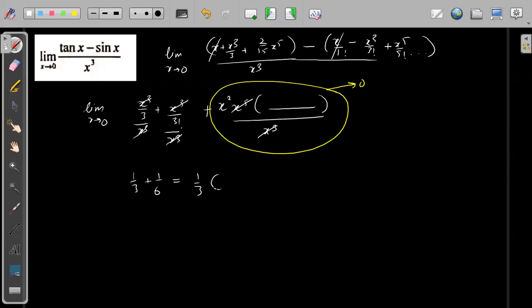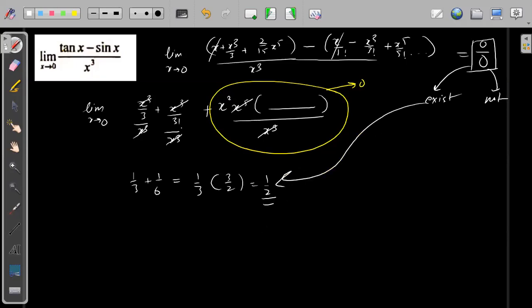So this is 1 by 3 minus 1 by 6. So 1 by 3 you can take common, so this is 1 by 3 times 1 by 2, giving 1 by 2. So the limit of this one is 1 by 2. Again, in the indeterminate form, previously we saw this was 0 by 0 form, which is indecisive. We do not know whether the limit exists or not. After calculating, we checked and got that the limit exists. Understood? Fine. I hope this one is okay for everyone.